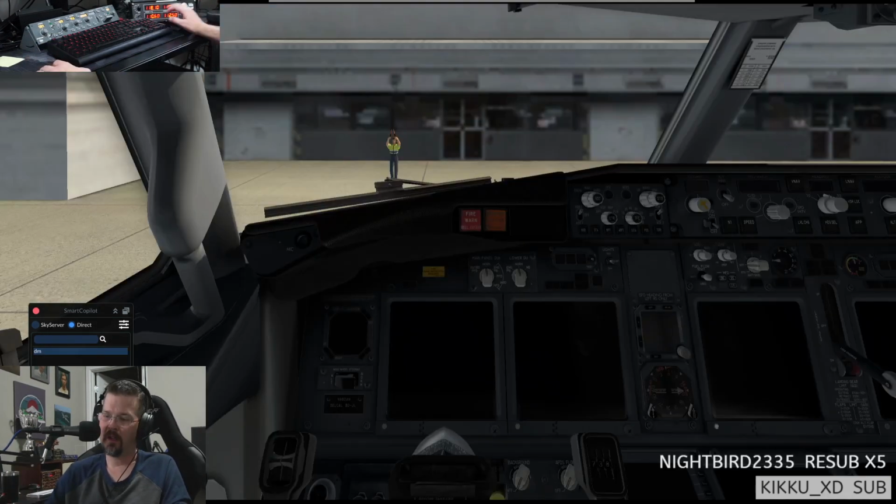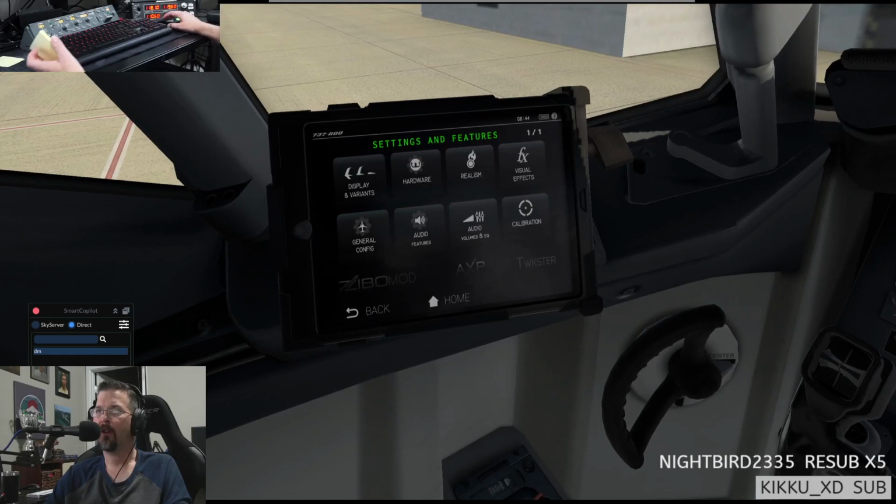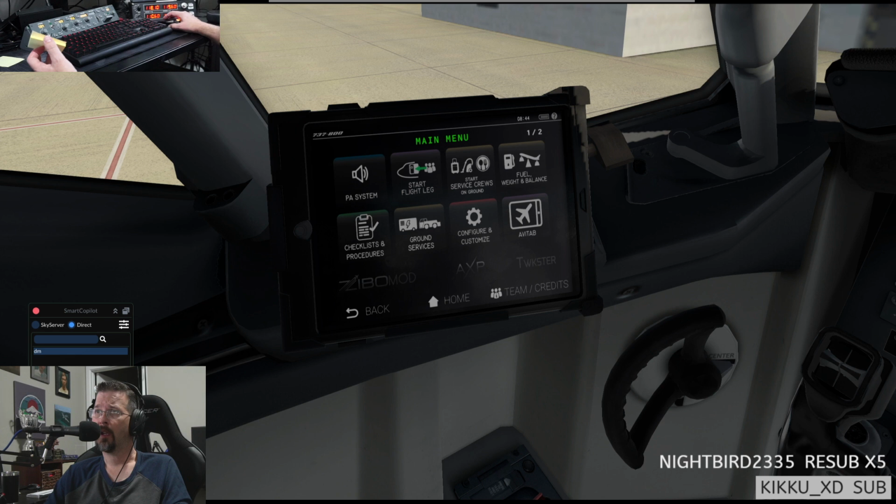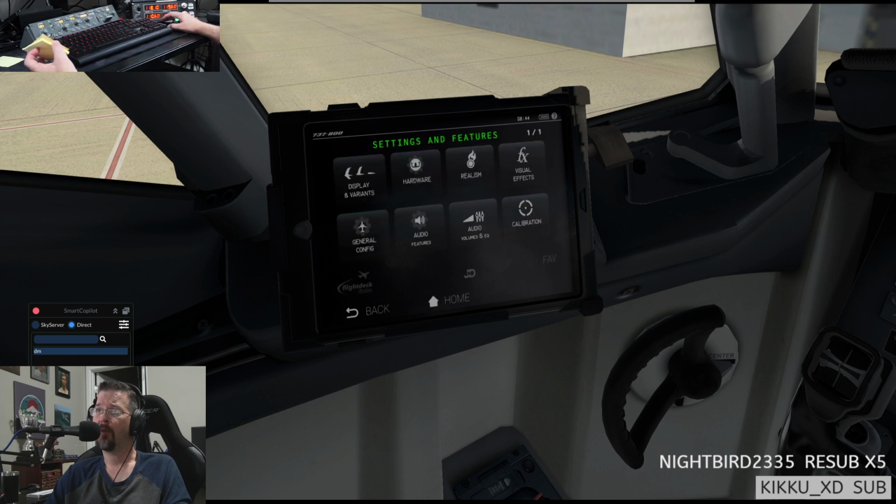I'm here. All right, let's go to the EFB, customize and configure. Let's click on hardware first. And so different, and then yaw, throttle off, park brake removes chocks. We'll take that to off. Okay. AT off, yoke, yep, auto center on, yep. Bruner off, Smart AP off, and XHSI off. Yep. Okay, home. Let's go to realism